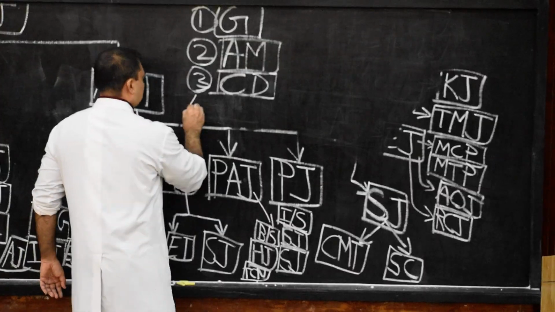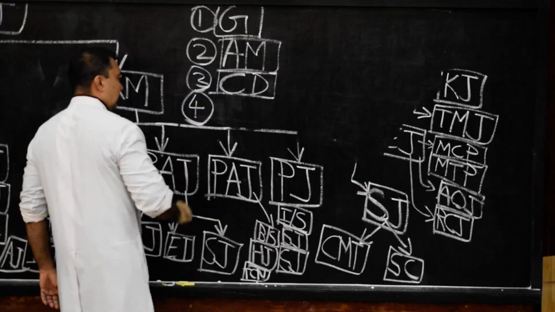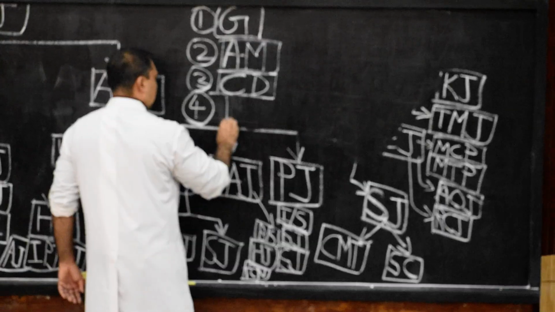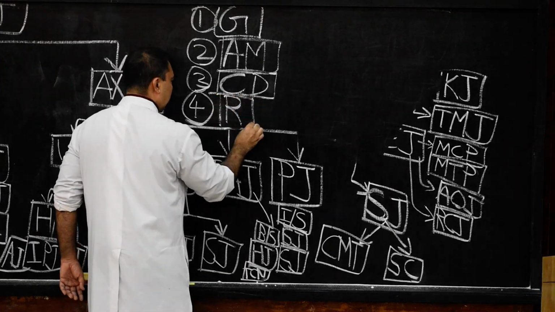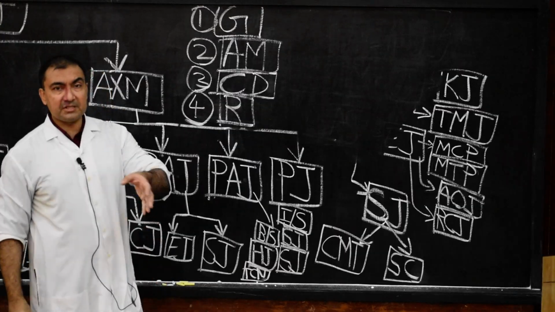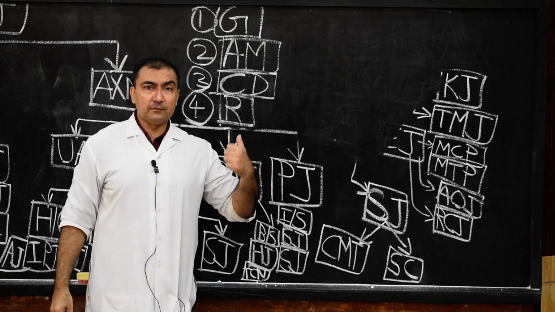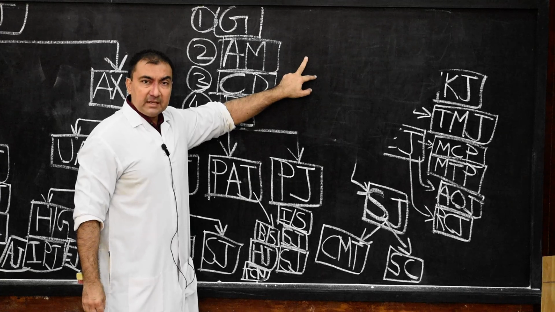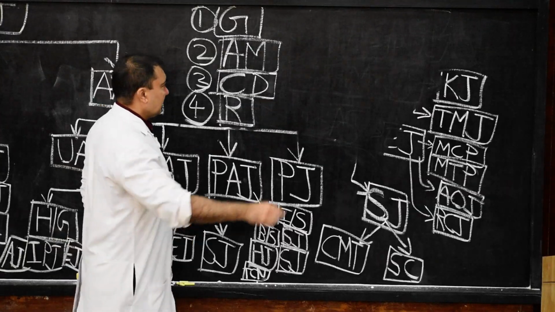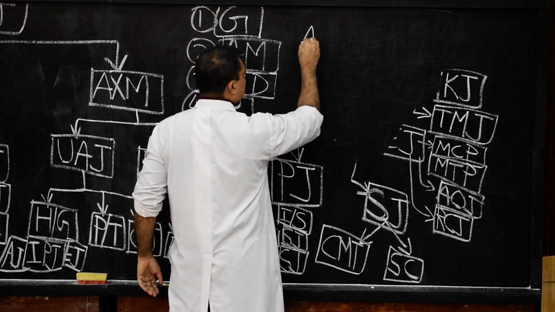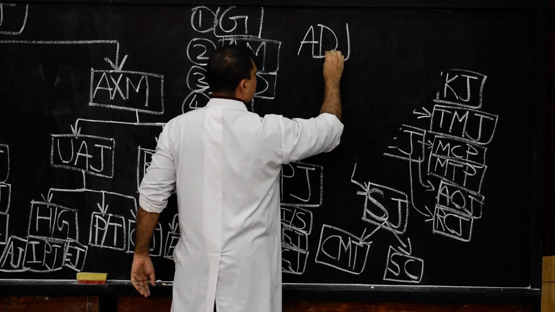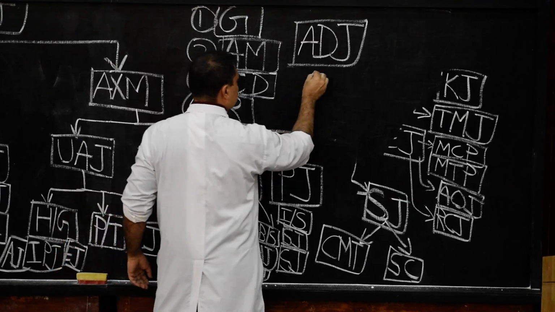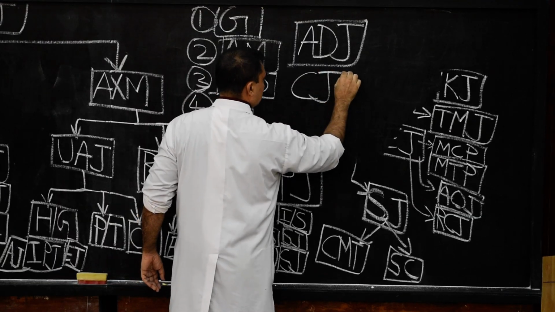And fourth, the last category of movements in synovial joint will be rotation. And this rotation movement will be on a vertical axis, medial rotation, lateral rotation. Rotation movement on vertical axis. Now, 2 more terminologies which may be asked in one more question answer, which you have to understand, is adjunct movement, and second is conjunct movement.